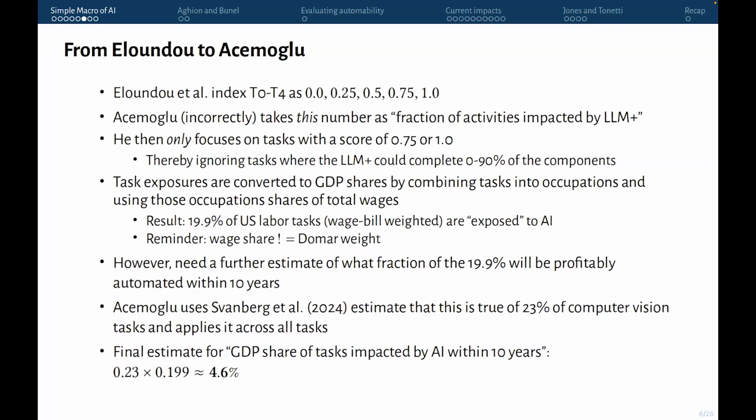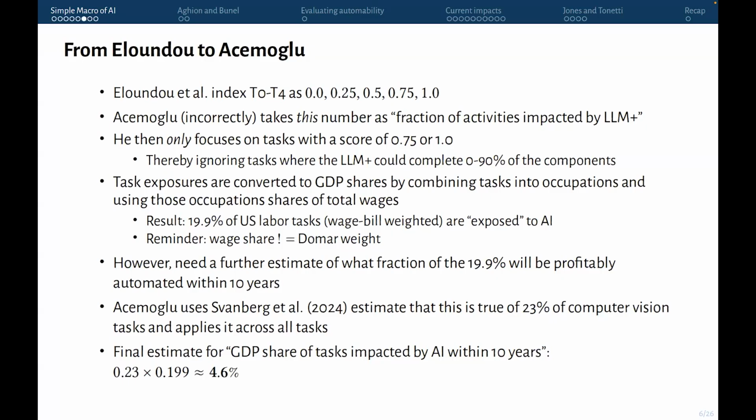So we're going to talk about using existing estimates of cost declines to get to it. My general position is if you're doing this sort of estimate on a 10-year horizon, we basically shouldn't think this is a constraint. I think in Eric's presentation yesterday, he said they used 88% would be profitably automatable. I think anything 80 to 100%, if you're taking into account any of the trends and costs, seems reasonable. And I actually think the reasonable benchmark is just to say 100%: figure out which tasks are automatable, and we're probably going to be able to profitably automate them within 10 years. Obviously, that's not perfectly true, but I think that's a better benchmark.